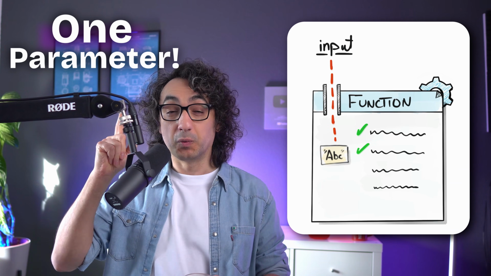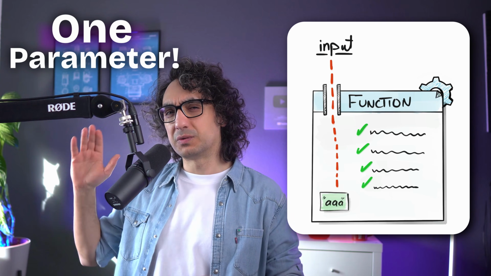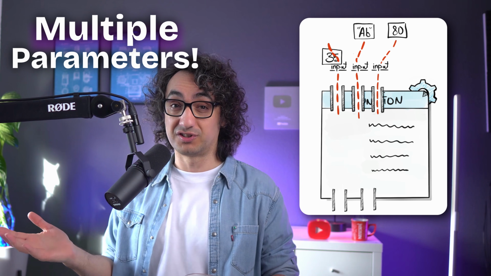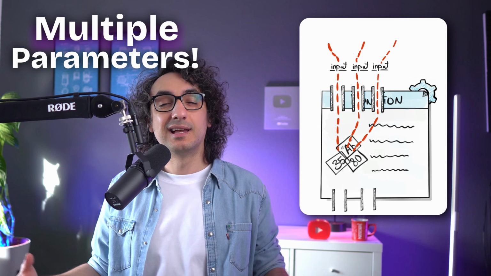Alright friends, so far we just talked about only one input, one parameter, and this is something rarely happen in real code. Instead, we usually send a lot of data to functions. So that means we need multiple parameters and multiple arguments. And here it's going to be tricky about the order of the arguments. So now let's see how we're going to do that.